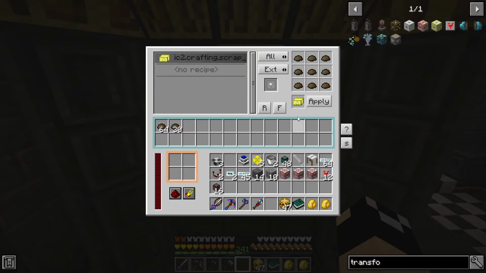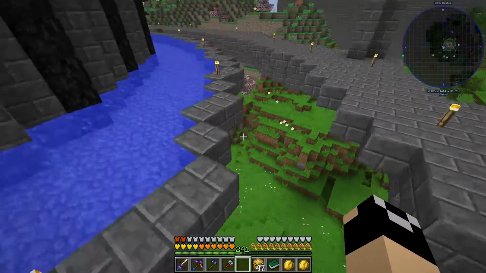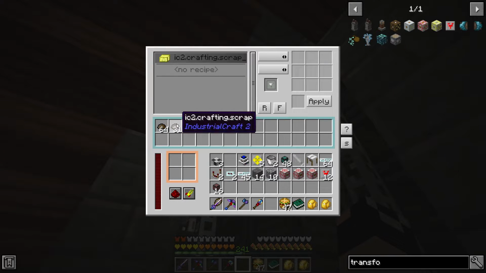We'll go ahead and apply that. So it's ready to go. As soon as it gets power, it's ready to go. It's going to start making scrap boxes. I do suggest you go ahead and turn all your scrap into scrap boxes because you're going to get more benefit from a scrap box than you are from